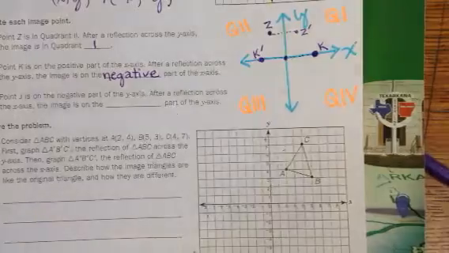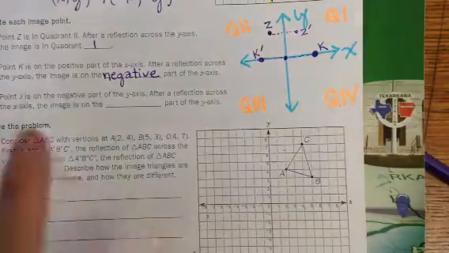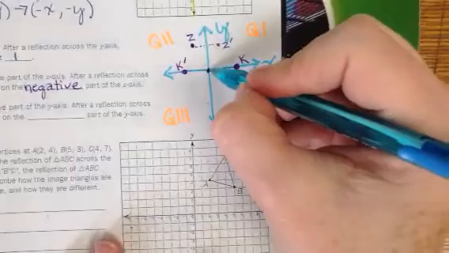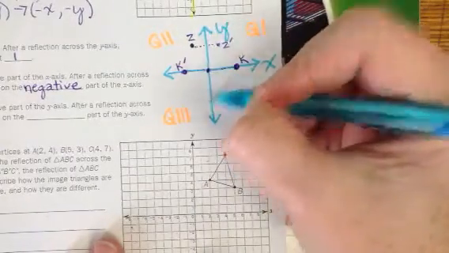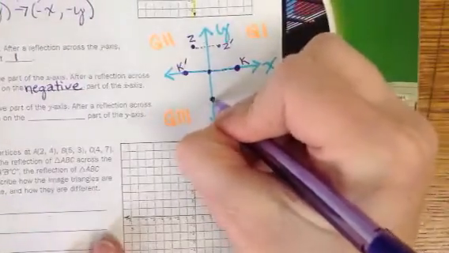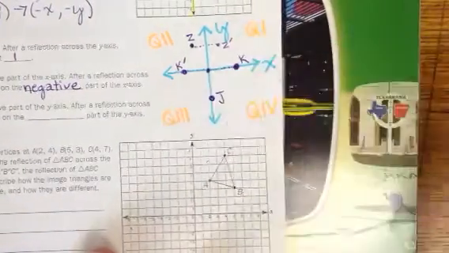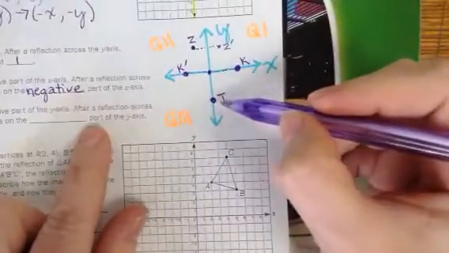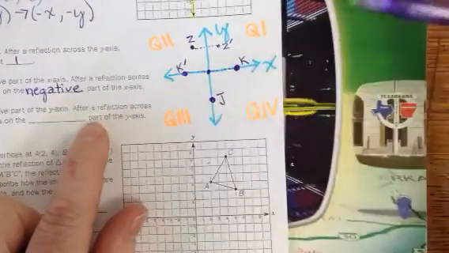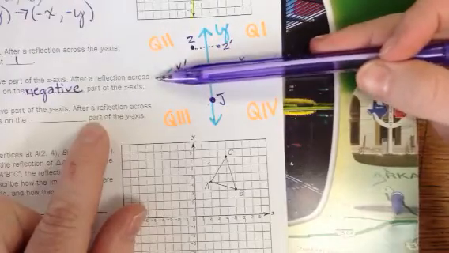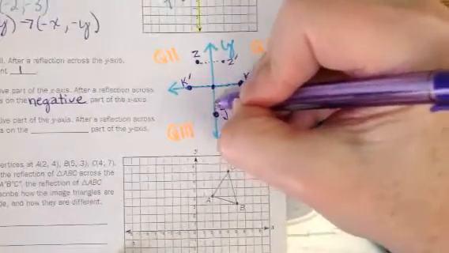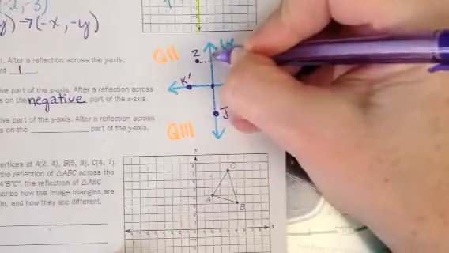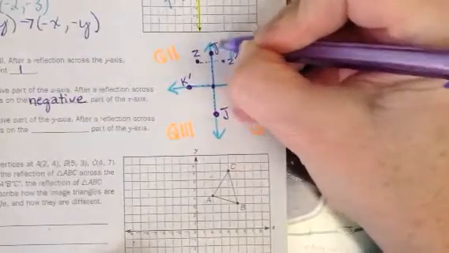Number 7, point J is on the negative part of the y-axis. So if here's my origin, to get to the negative numbers on this y-axis, I have to go down. So I'm going to put it down here. They called it point J. Okay, so J is on the negative part of the y-axis. After reflection over the x, so I'm going to jump up here, it will be on the blank part of the y. So if I jumped it up here, equal distance, J prime would be on the positive